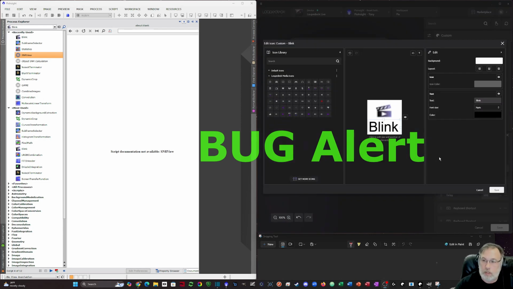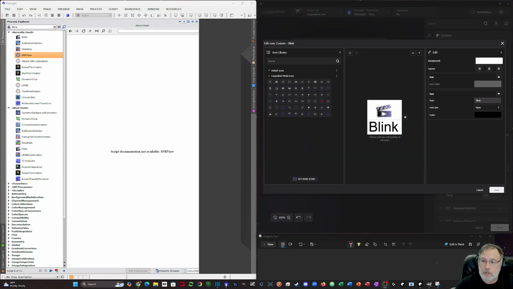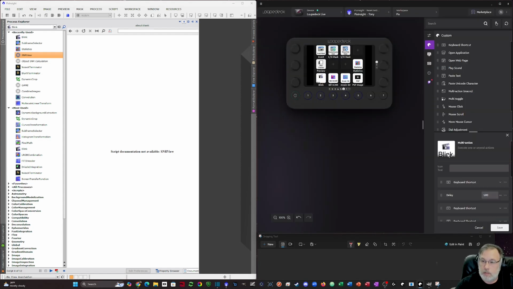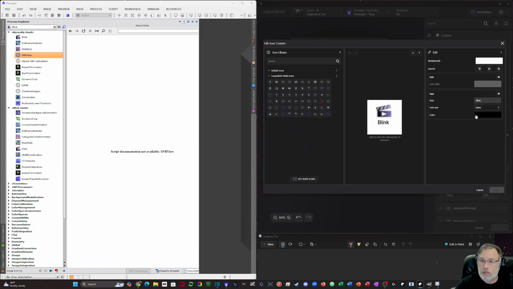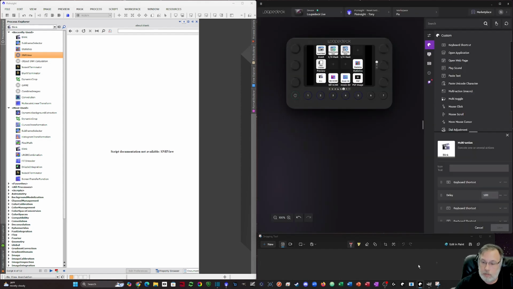Alright, so what I've found on this version of Loupedeck, it used to be when I would resize this text, it would hold the position. It looks like there might be a bug here. If I save this, it shows it really big here, and I hit save, it does not transfer to the button. And on my Loupedeck, it's really tiny text. It keeps defaulting back to 29 point. The way around this, because that text is way too small on my screen, is to go build the icon we